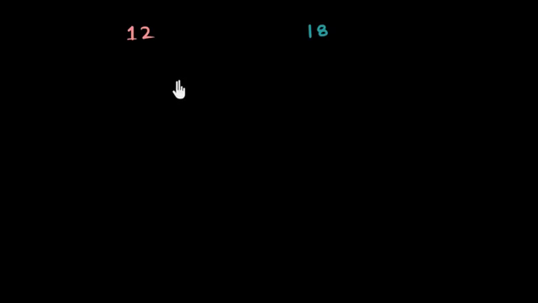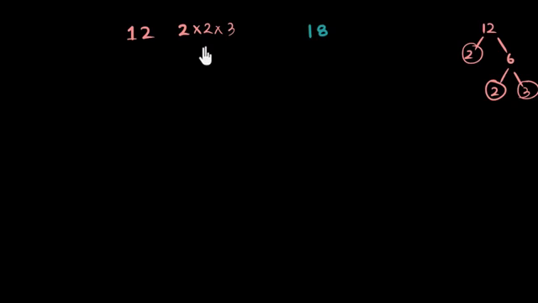The first thing is to ask, hey 12, what are the building blocks that make you up? In other words, what are your prime factors? And there are many ways you may like to find it. I may do something like this. I'll just write 12 and I think it's called the factor tree drawing. So it's 6 here and then 6 is not a prime, so 2 and 2, 3. All these are primes. So I know that 12 is made up of 2 2s and 1 3. So maybe I can just write it here, 2 2s and 1 3. That's what 12 really is.